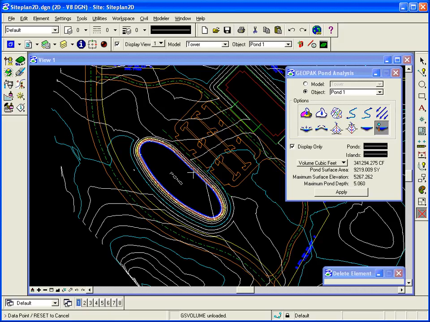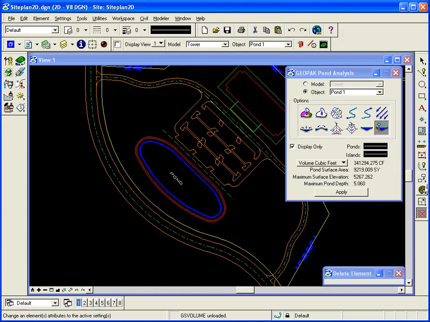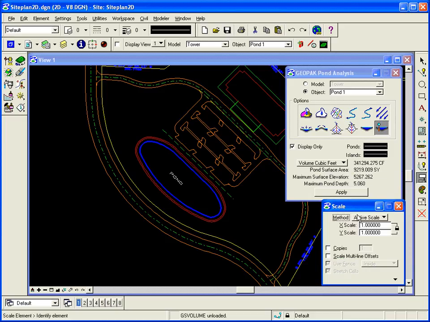And at some point it overflows the banks of the pond, and that becomes the pond surface area. We tell you the elevation at that location and the depth of the pond. So you can see here what my information is. So I can use that at any point, and as I start to modify the pond, for example, if I start to, maybe that's not enough volume, or maybe that's too much volume, what I can do is I can scale, for example,